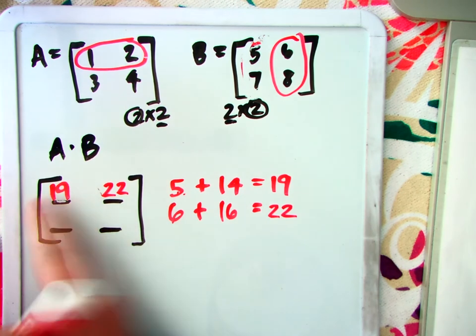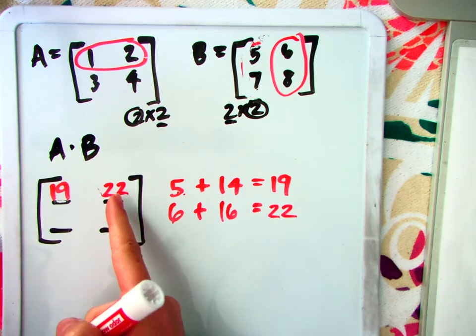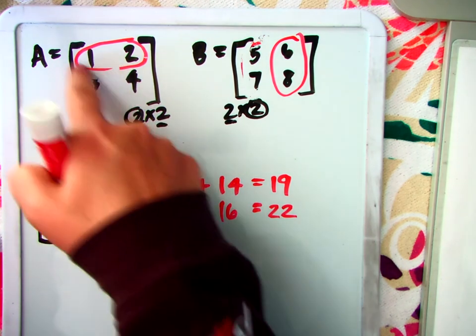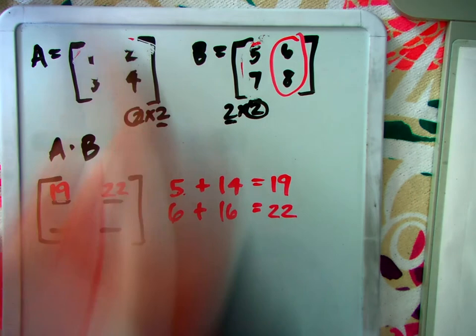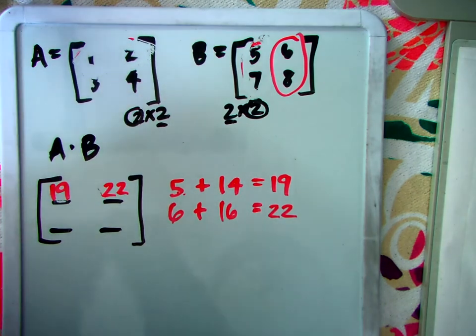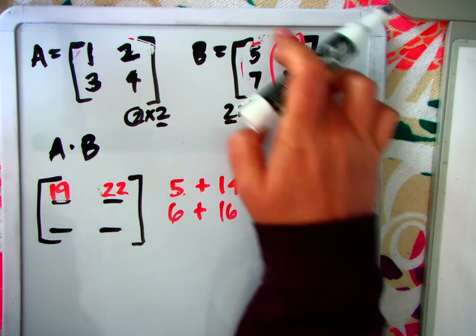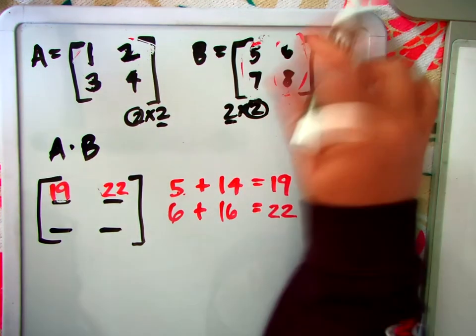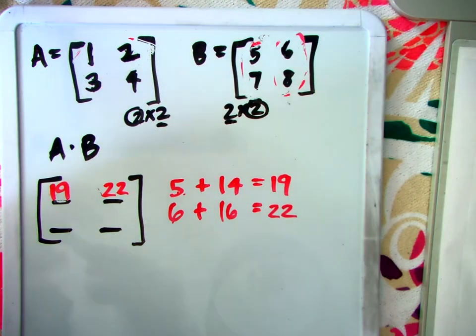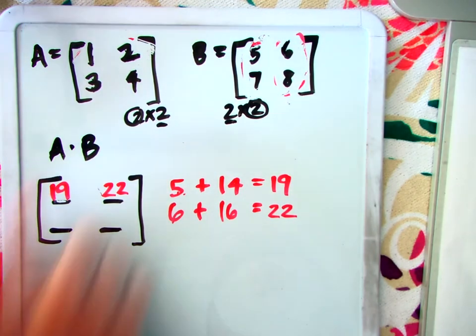So I'm done with the first row. Now I move to the second row. So when I go back and I multiply A times B,